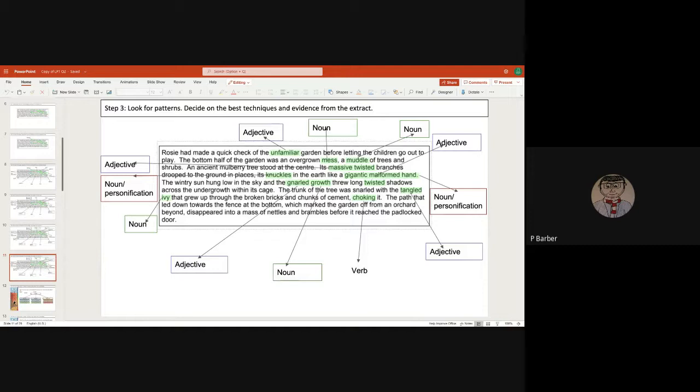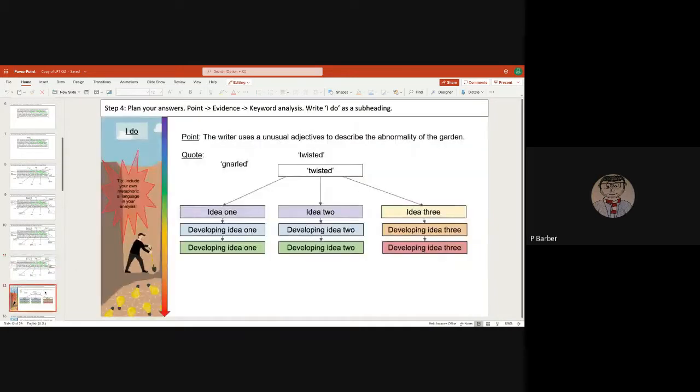To get into the higher bands within this question, the expectation is that you are referring to language in detail. So therefore, it's important to consider different interpretations of the same feature. So for example, if you were to look at the word twisted, there are multiple interpretations that you can have for this word, and you'll have seen this in class looking at different versions of different ideas. So with twisted, we might